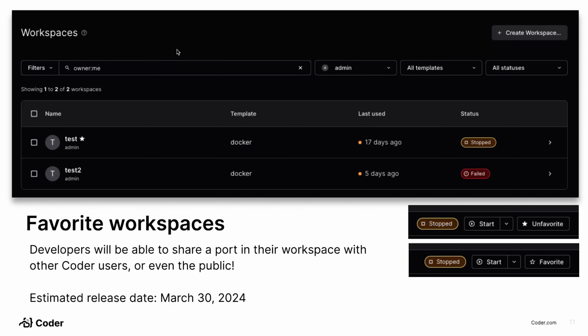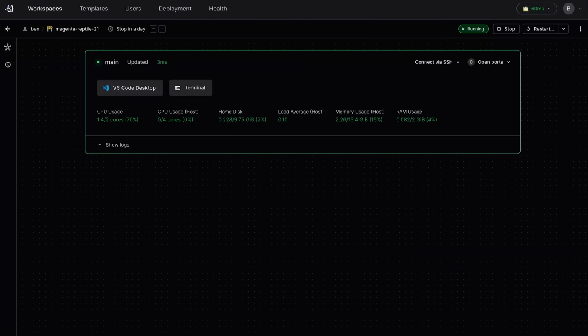So we provide a CLI command and also the UI controls so that you can star or favorite any of the workspaces and they would stick to the top. Yeah, this is very handy in this case. Yeah, we actually have this one